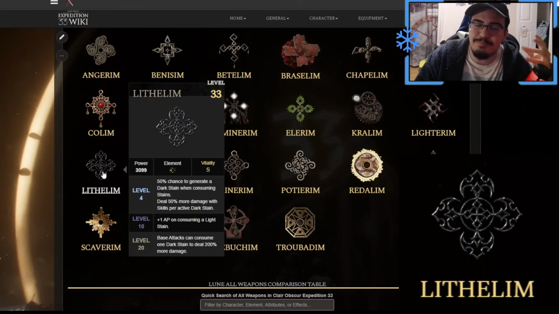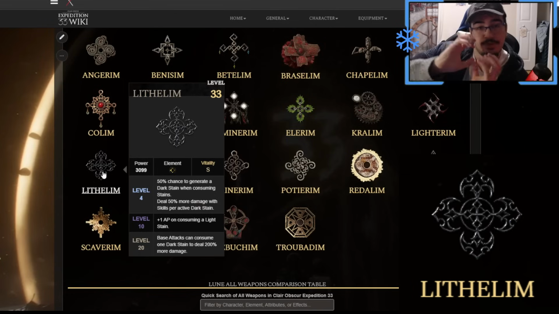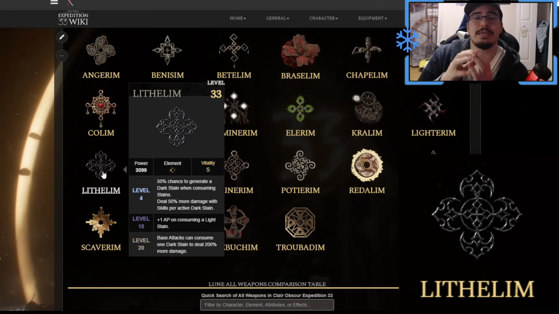This weapon just kind of beats the purpose of the dark stains. The dark stains cannot be consumed like light stains unless you have the other weapon, which makes the other weapon very good. We'll talk about that one later. But so these dark stains are basically just taking up slots, and the more you have of them, the more you do damage. The problem,